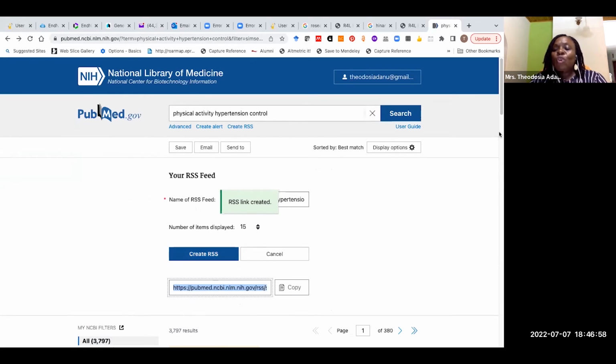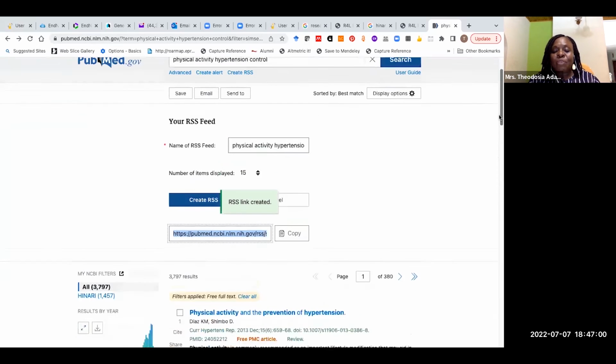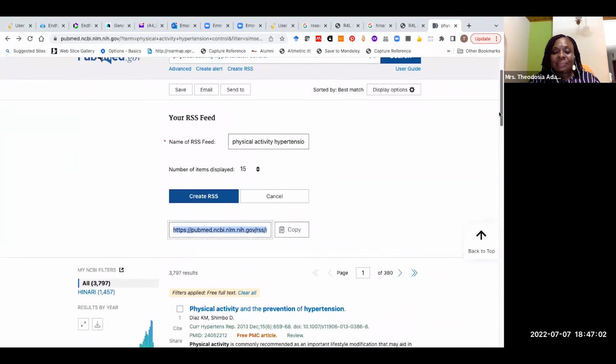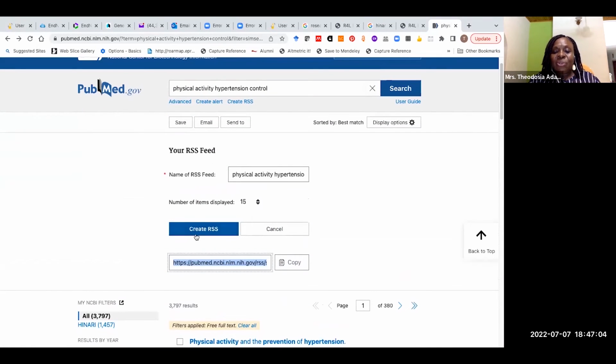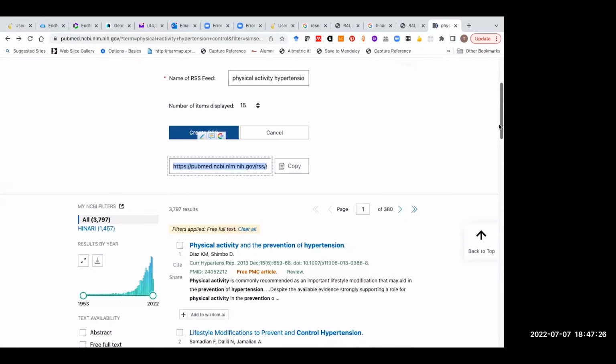You need to have certain things in place to be able to create a feed, so it's better to just create alerts. You could read some more about RSS feeds, but I have never used them. I find it too cumbersome, but I could read some more and get back to you on how you can do it in PubMed.